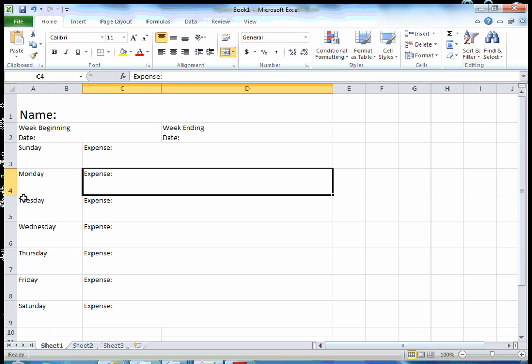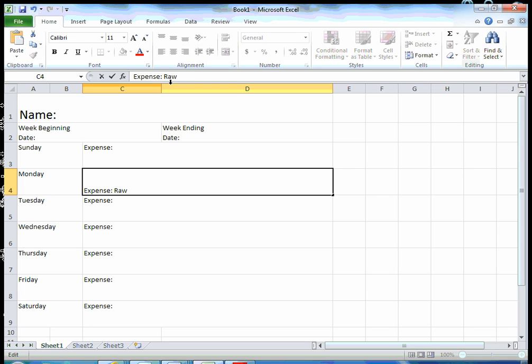Okay, so briefly to cover what we've done in this video is that we learned how to merge cells, we learned how to change the heights and the width, we've learned how to autofill, and now we're going to learn how to fill in our data. To fill in our data, we will use our formula bar. So you will select your formula bar and you will put in the expense that you